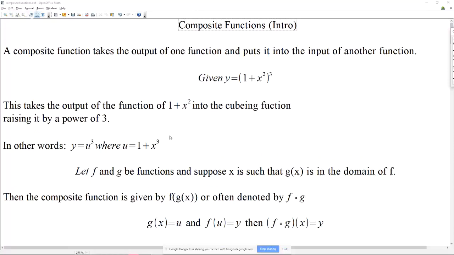So this is a composite function, and one of the reasons it's a composite function is because we can deconstruct it into two different functions. And what we would do is say, look, here's the function of 1 plus x squared, okay, which is the,